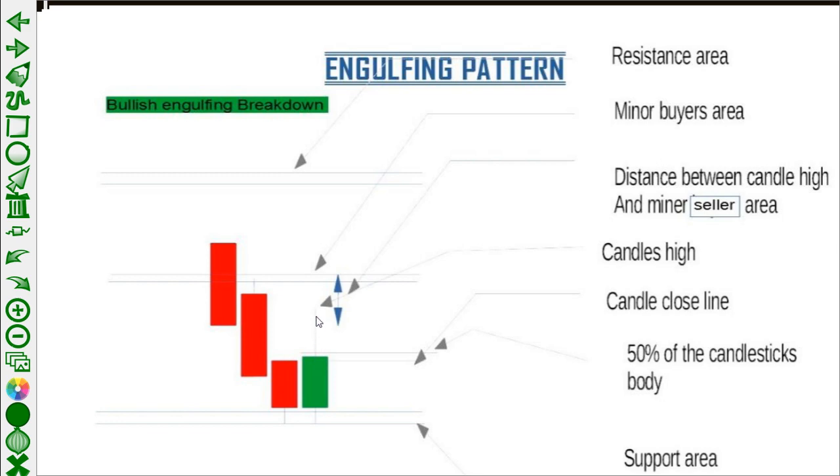So it will not qualify my second and third rules, at least for me to consider as a valid bullish candlestick. The candlestick should close above the 50% line, and the length of the wick should not be more than 30%. So it has failed